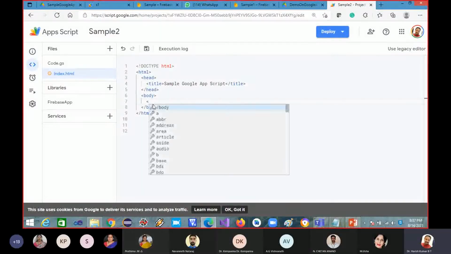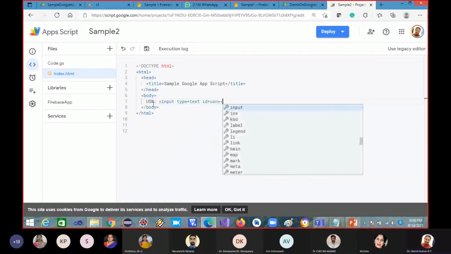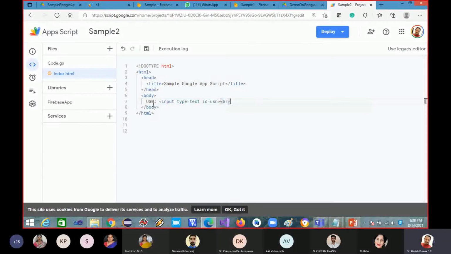Let me write first USN, input type is equal to text, and then let me give the ID as USN. One line break, and then name of the student,